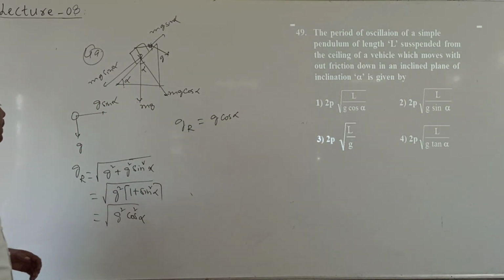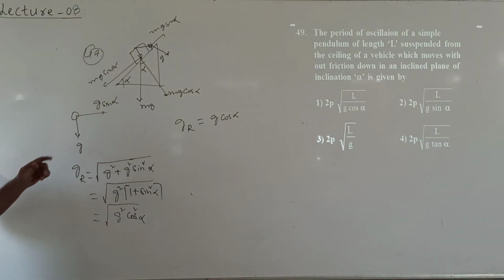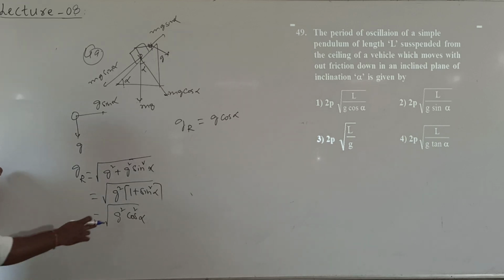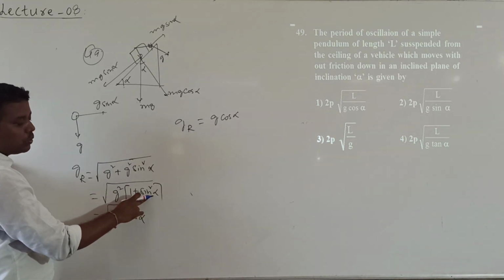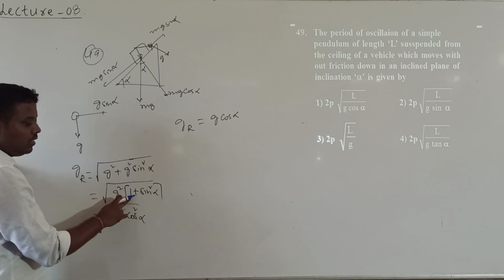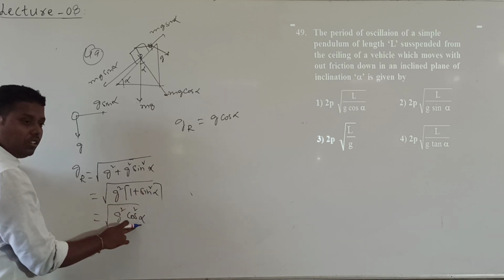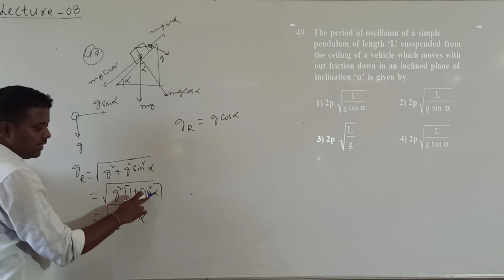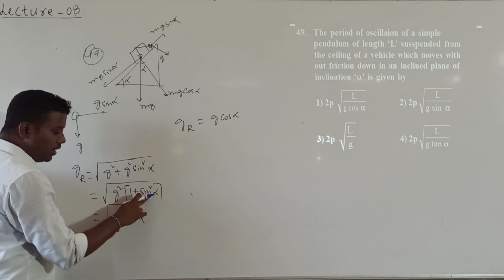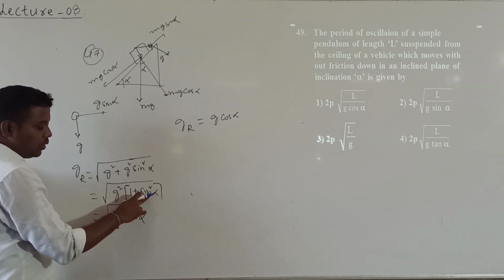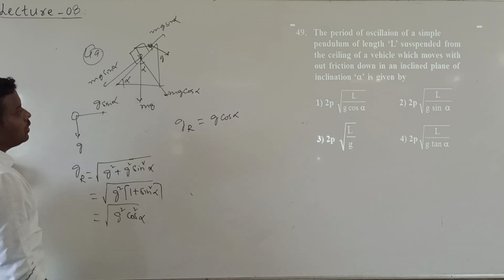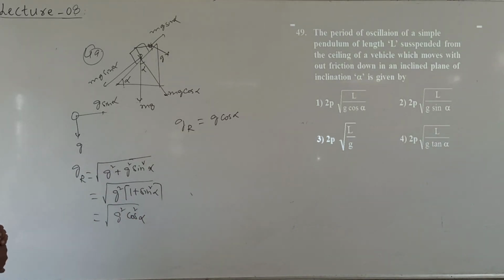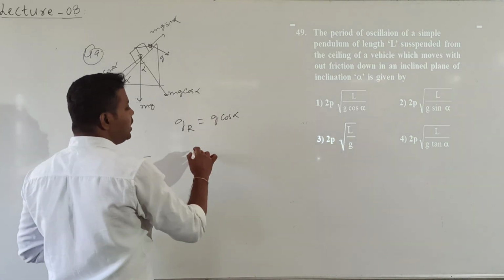Correct? So we are calculating, these both are mutually perpendicular. Sin square alpha you can write as 1 minus cos square alpha. Not 1 plus sin square alpha equal to cos square alpha. 1 plus sin square alpha can be written with 1 minus cos square alpha. Then plus 1 minus 1 will be cancelled, and the acceleration due to gravity, g resultant, is equal to g into cos alpha.